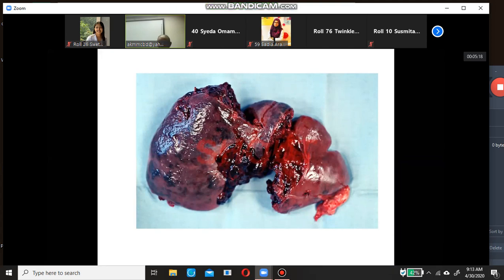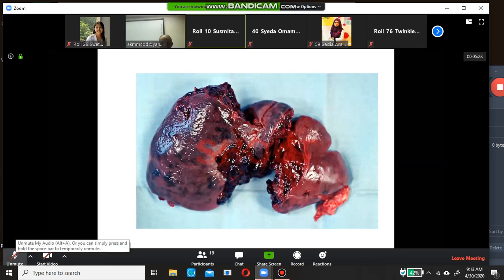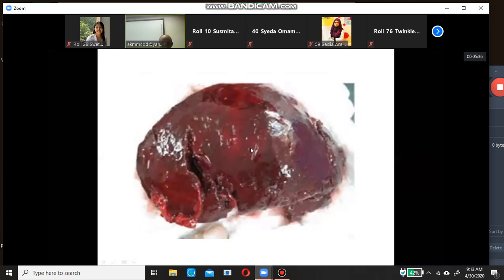Do you think so? Is it a spleen? Look at the shape. Colon. Not colon. Why is it colon? Yeah, it is liver.